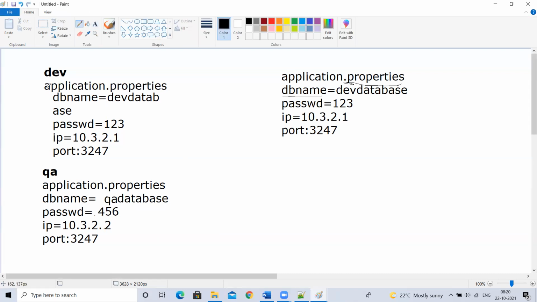Now tell me, in each folder, is the property file name the same or not? Yes. Are the keys in the property file the same or not? Yes. But are the values of the property keys the same? Different. The property file is a normal file which can store values in key value pairs. I created separate folders, with the same file name, same keys, but values are different. For dev, QA, pre-prod and production, I'll create separate folders.